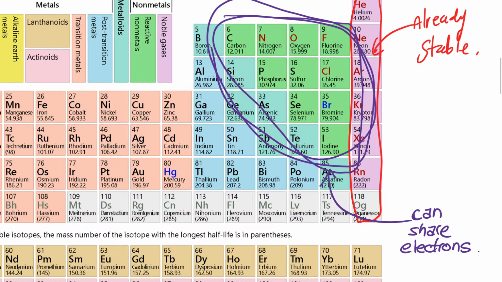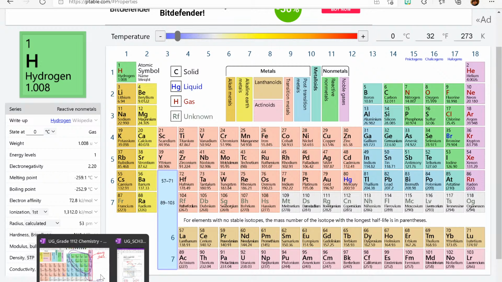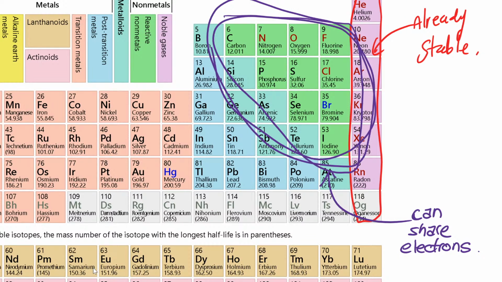So those ones right there are the ones that are able to share electrons. Everything else on the table has to either give or receive. But everything here, these can share electrons with one another, and only with one another. And once we have a sense of that, once we look at the periodic table and see what can do the sharing with one another,